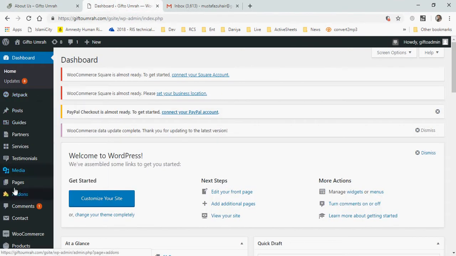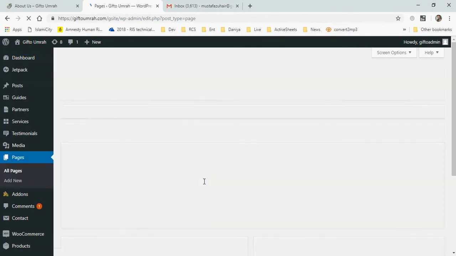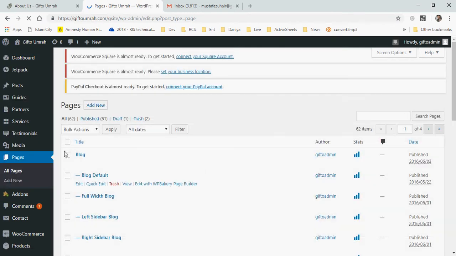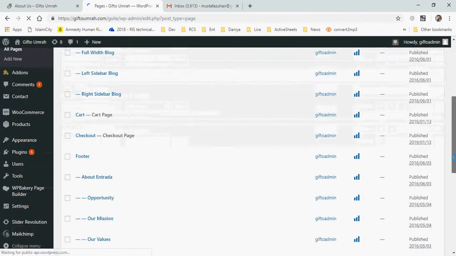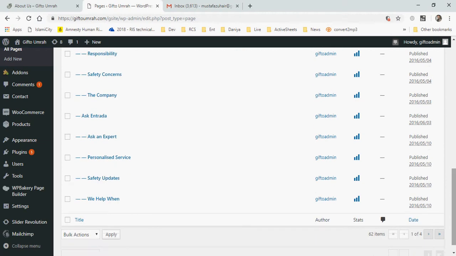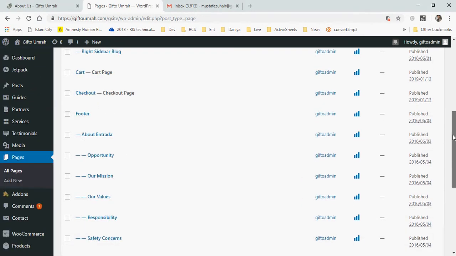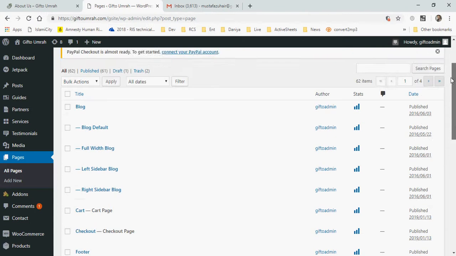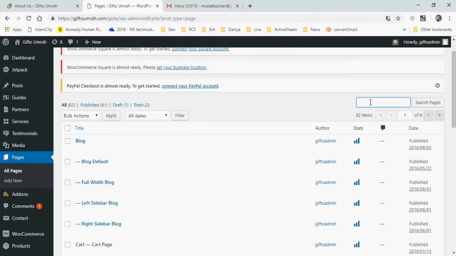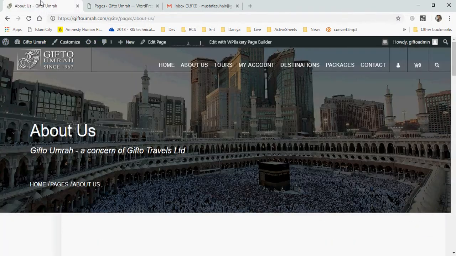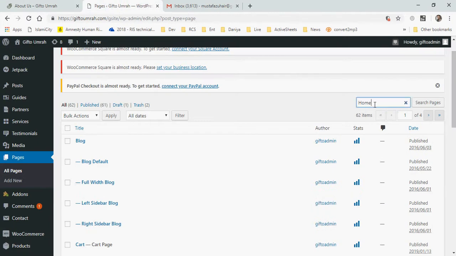and there is a section called pages. Click on all pages, and this will give you a list of all the existing pages. There are some demonstration pages as well, which are not really in use, but are there to keep the references intact in case they are required. So for example, if you want to change the contents of about us, where we are right now,